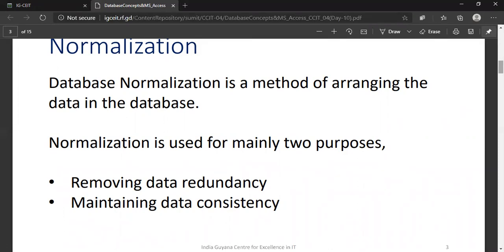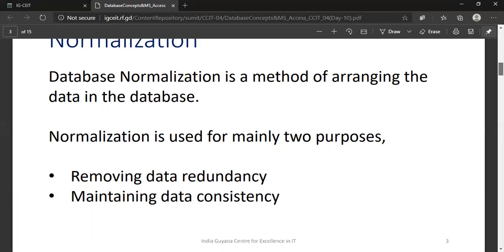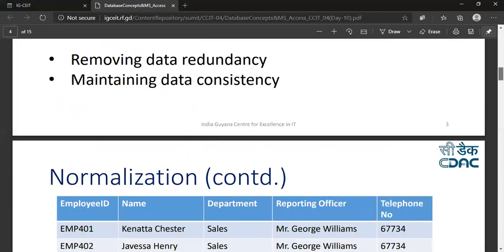If somebody asks what is normalization, you will reply normalization is a method of arranging data in the database. The way of arranging your data is called normalization, and the main purpose of normalization is to remove duplicacy and maintain consistency.